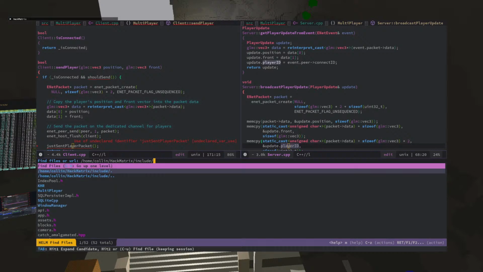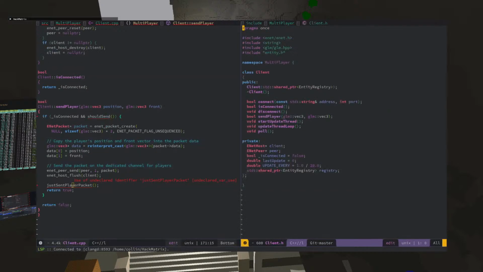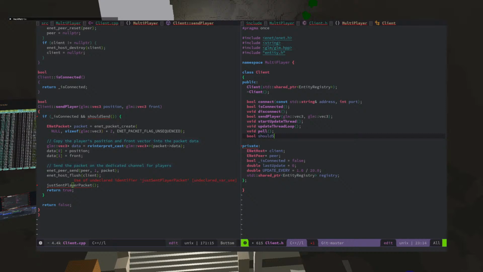Time for the include, and this will be multiplayer client. Okay, so this is bool should send, void just sent player packet.